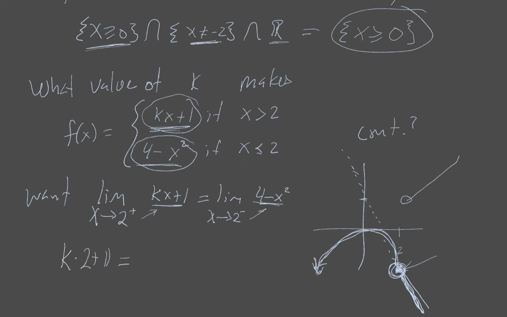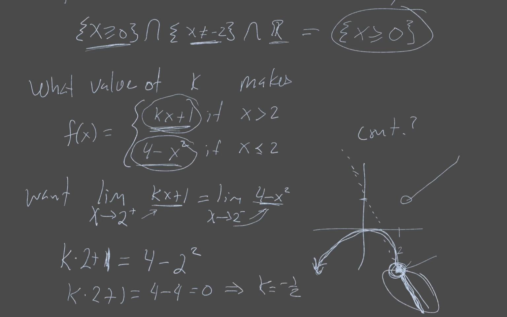Equal to 1, equal to 4 minus 2 squared, because I'm evaluating this at 2. So I want k times 2 plus 1 equal to 4 minus 4, which is equal to 0. So I want k equal to minus 1/2. Which, well, that's good because that looks like a slope of minus 1/2, so our picture is going to kind